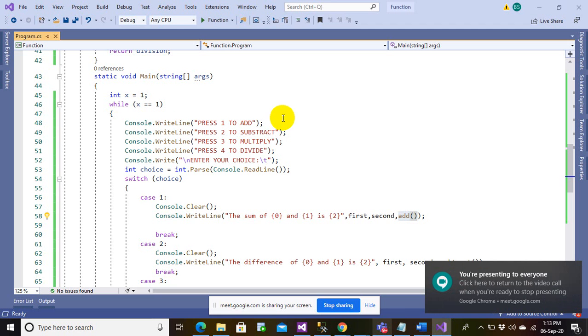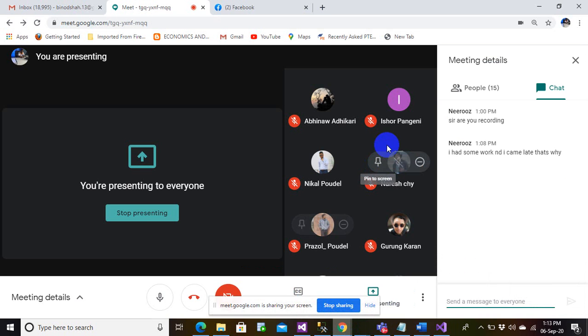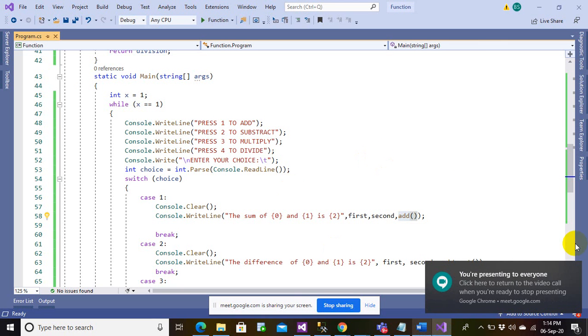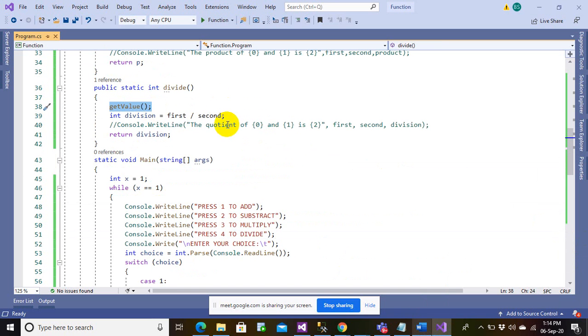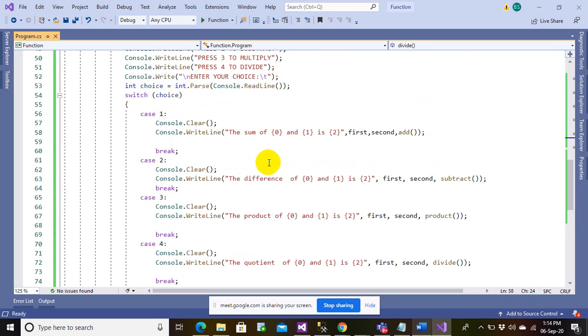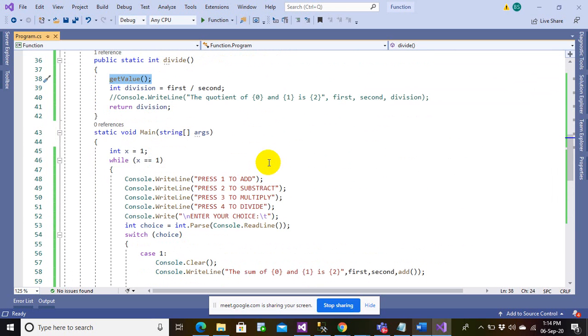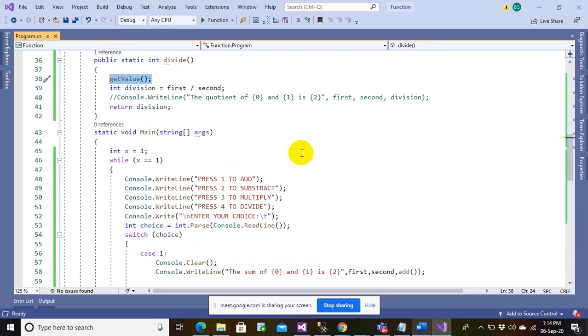So let us see what issues we have here. Yes, anybody? Let us try to understand what issues are here. We have a get value function which is setting up the value, but once you go down we are going out of the scope of the variable. Let's see how the things are being iterated here.